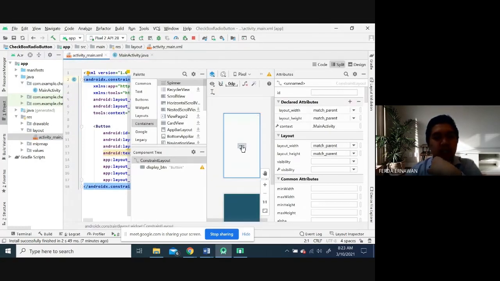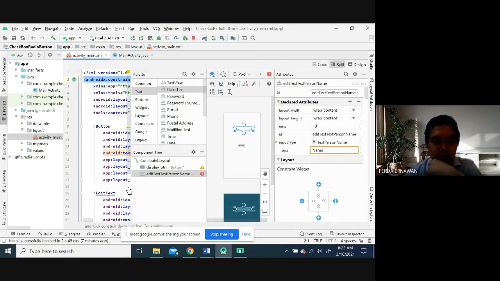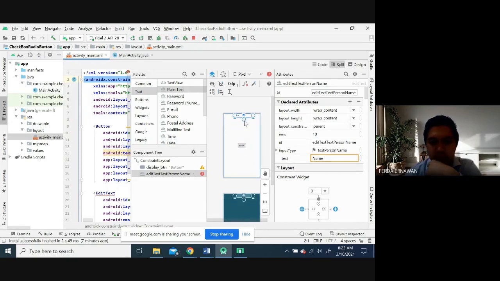Before the checkbox, let me show it to you, another thing. After that, the checkbox. So let's say I choose the text here, and I choose the plain text or edit text here, so I give a constraint layout like this.